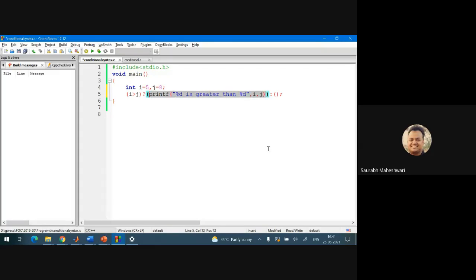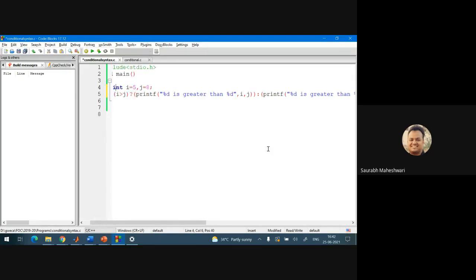Now see carefully, we are not going to write a semicolon here. No semicolon comes here, okay? And what about the false part? It means i is greater than j is false, so it means j is greater than i.